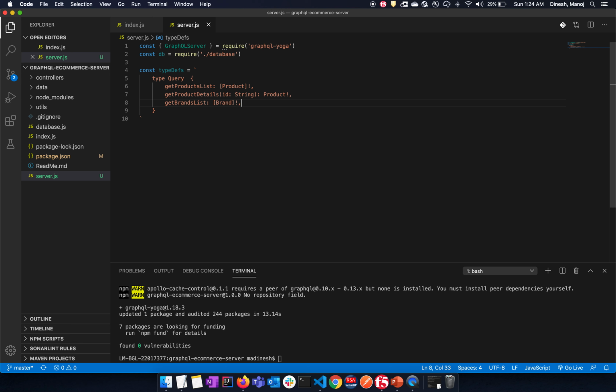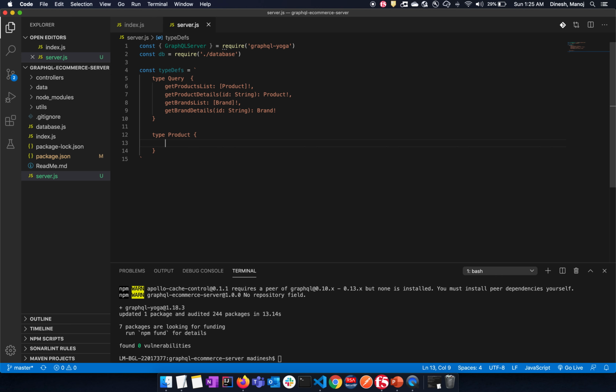Now again this will return a list of brands. getBrandDetails. Now again this accepts an argument called id. Now as you can see, string is a scalar type, but the product and brands are not. We'll have to define those types here.